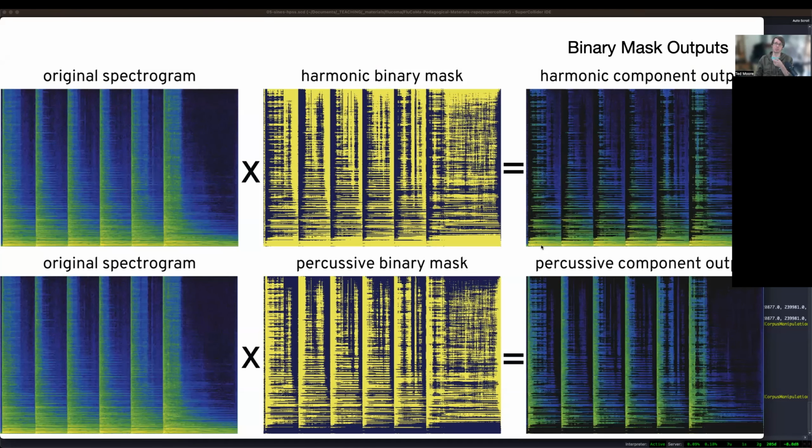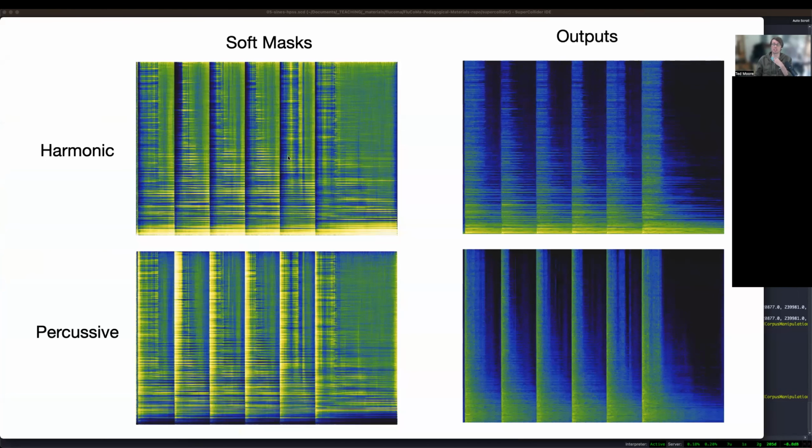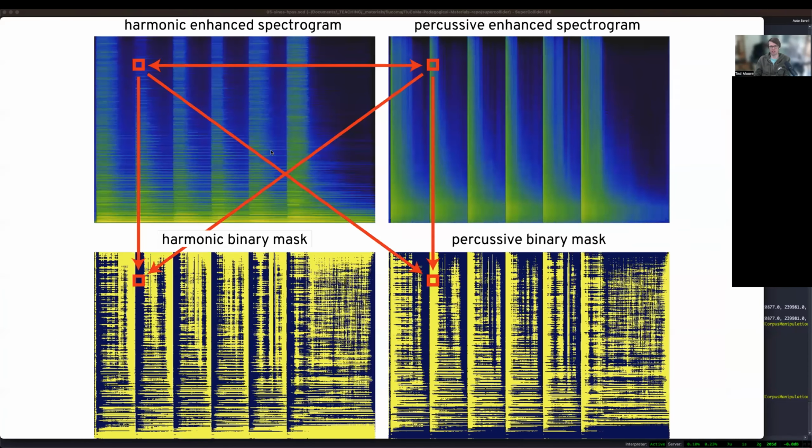There's also the option, and in fact what we were just hearing, of using what's called a soft mask, where we don't say 0 or 1. These are the masks here. We don't say 0 or 1. We allocate the relative amount to each position in the masks. So if here the value is like 0.2, and here the value is 0.9, the total would be 1.1. So we'd have 0.2 divided by 1.1 would give us the apportioned amount of energy according to these two spectrograms